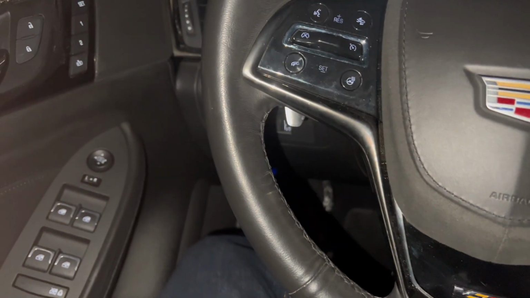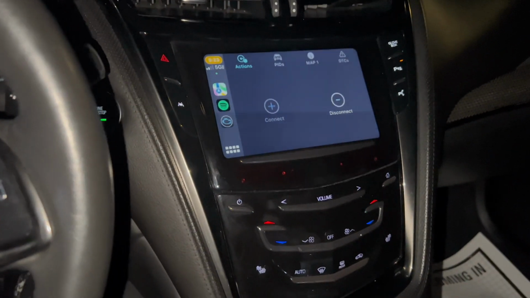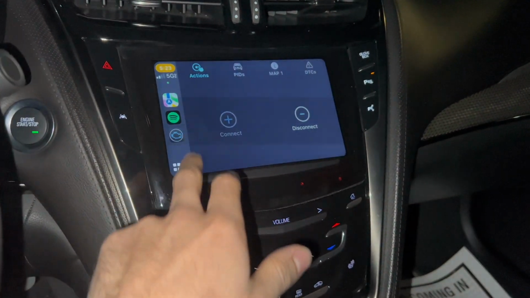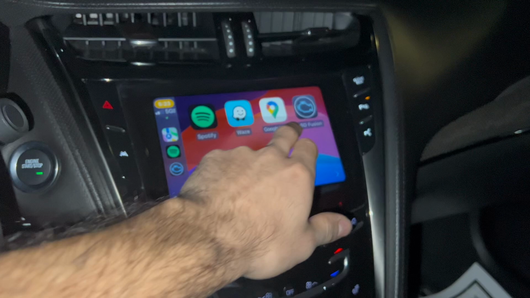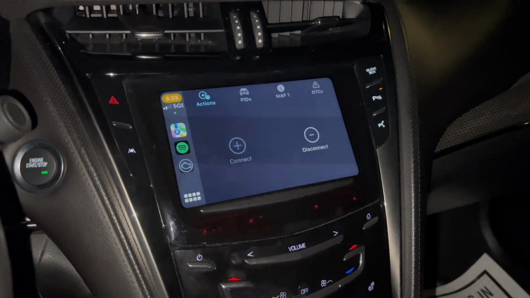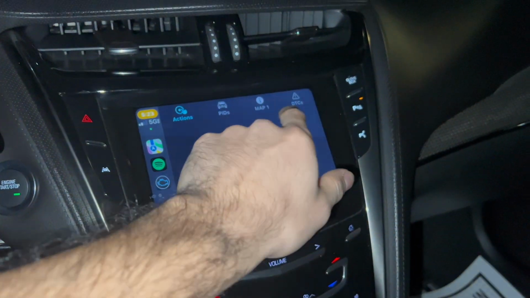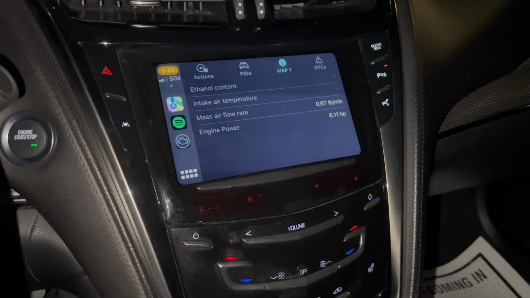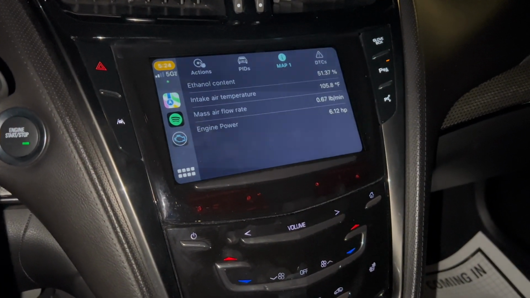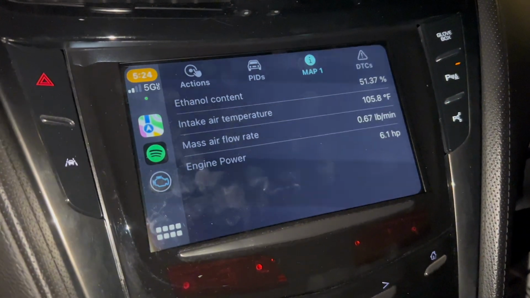Okay, so now I'm connected, and in my CarPlay menu, I have my apps and stuff. You go through your apps, I have Domino's, and the app will pop up, and I used map 1 initially to just have the settings I want, and there they are. So, very user friendly,